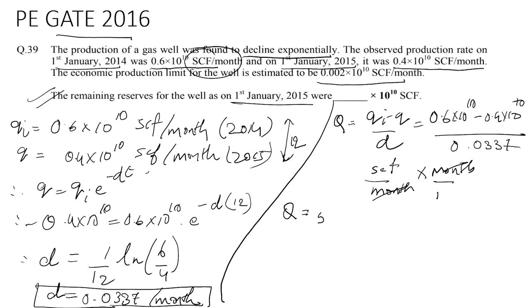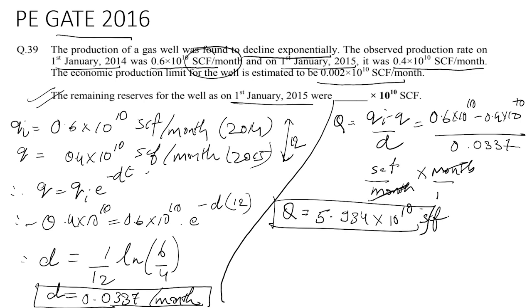Gp is equal to 5.934 into 10 to power 10 SCF. Since it has been given per month and we also found the decline per month, we don't have to do any sort of unit conversion over here. So we found that the cumulative gas produced between 2014 and 2015 is 5.934. Now coming to the remaining reserves part,